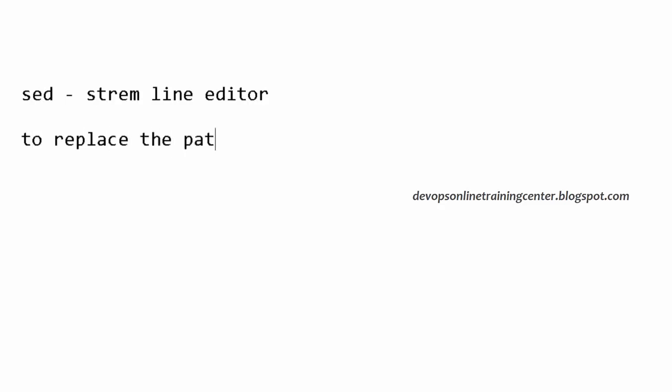Okay, so there is something called sed, stream editor. This is to replace a pattern, find and replace. Basically it will find and replace from a script. How does it do that?